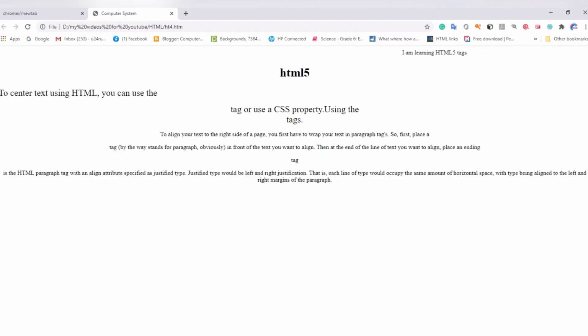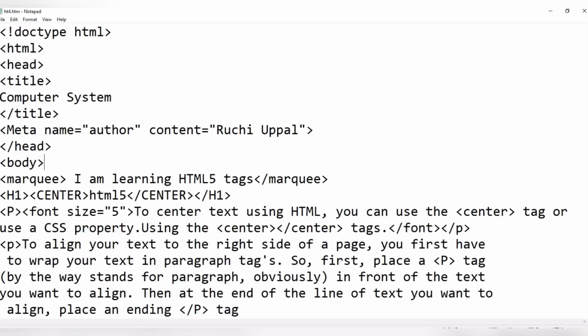Clear? Next is how to change the color of the text now. By default it is coming black here, so I want to change its color. Let's see how to do that. Suppose this is my body tag. Here only I will define the color: text is equal to red, and I am closing my tag.